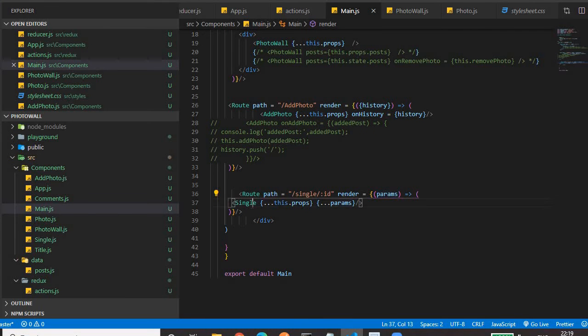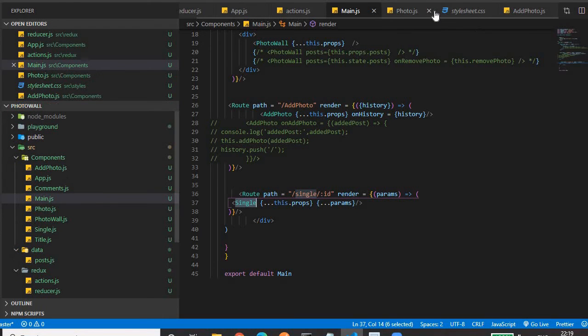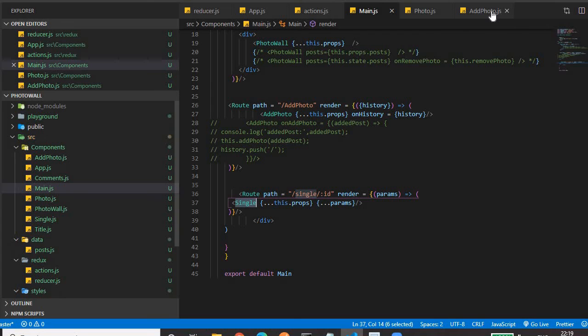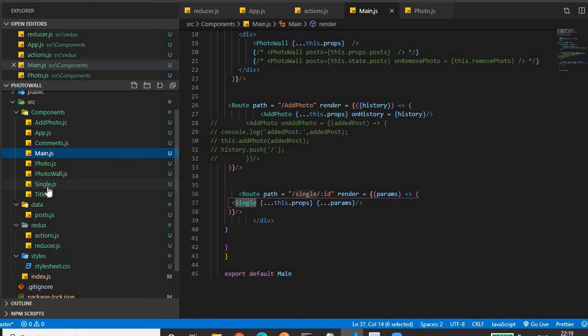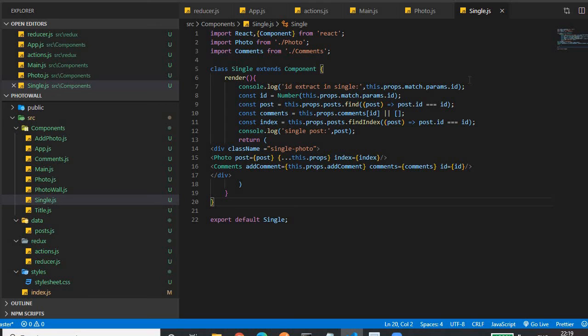So we'll go to the single component. We'll close the stylesheet, and add photo is also not needed. Let's go to the single.js file. In the single component, in the render method, we are retrieving the ID from the URL.